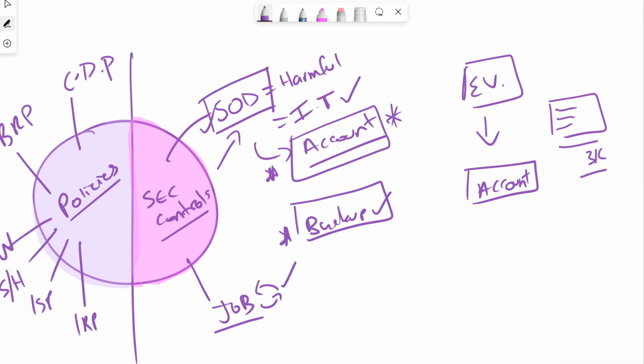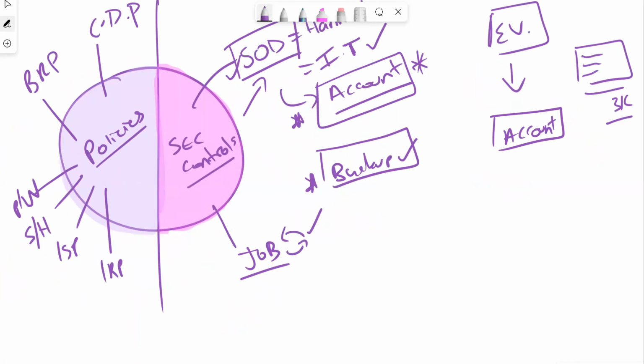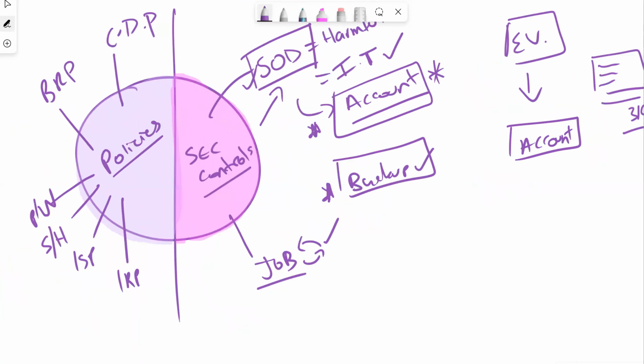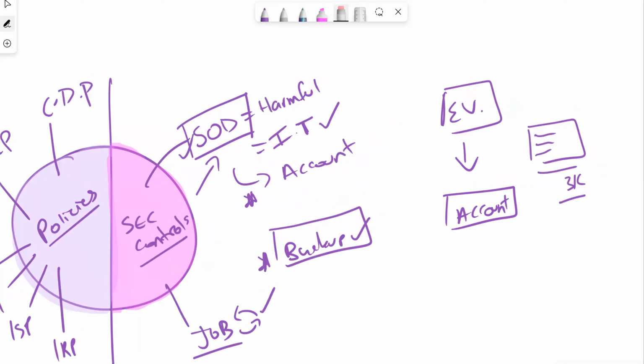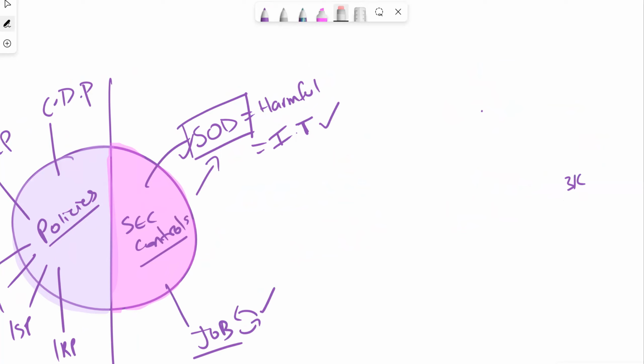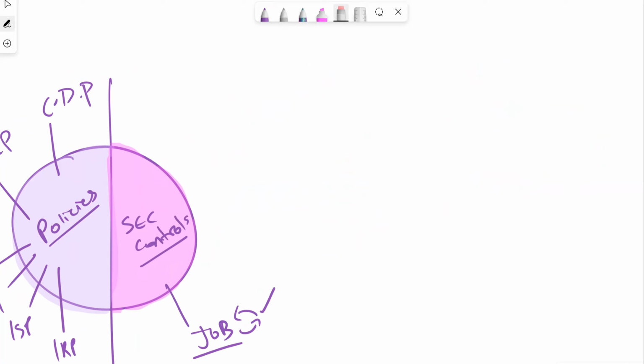So job rotation is another component as we talk about controls. Then we also have, and I'm running out of room here, but that's okay, I may just clear out some of this over here just to make a bit of real estate. As we continue on, there's a few more that I'm thinking of. So we've got our separation of duties. So I'm just going to put separation of duty here back up. So we've spoken about accounts,